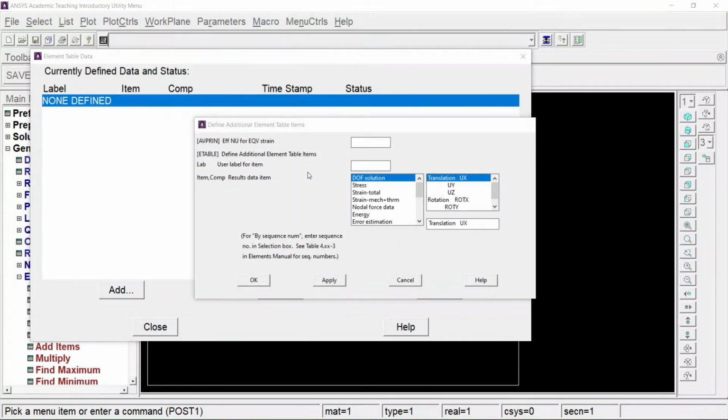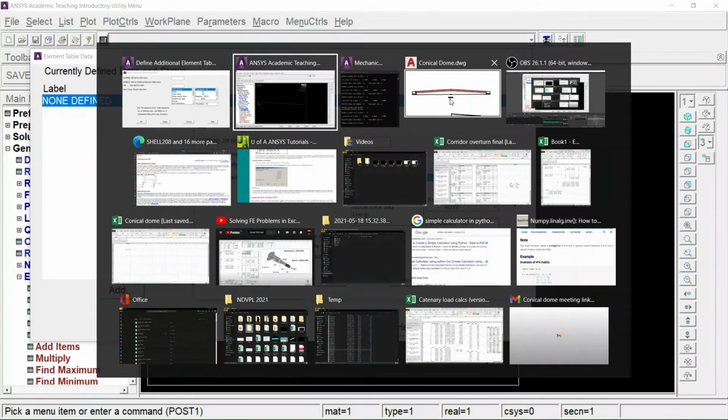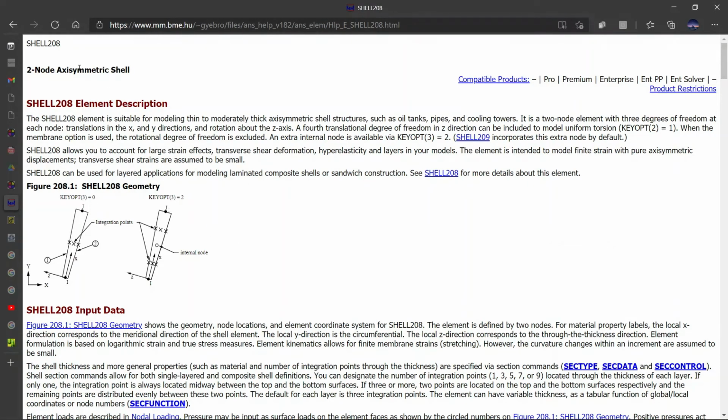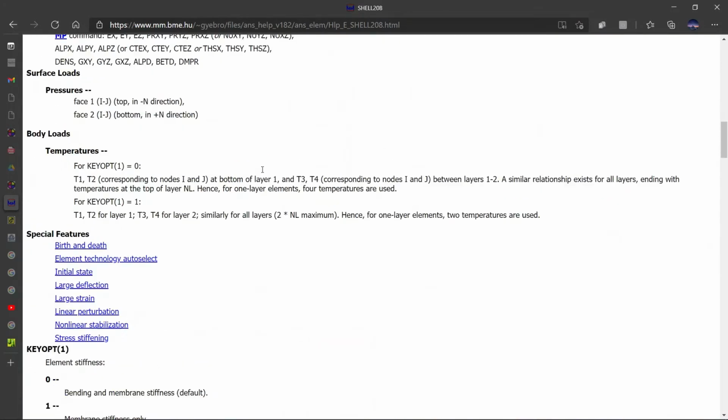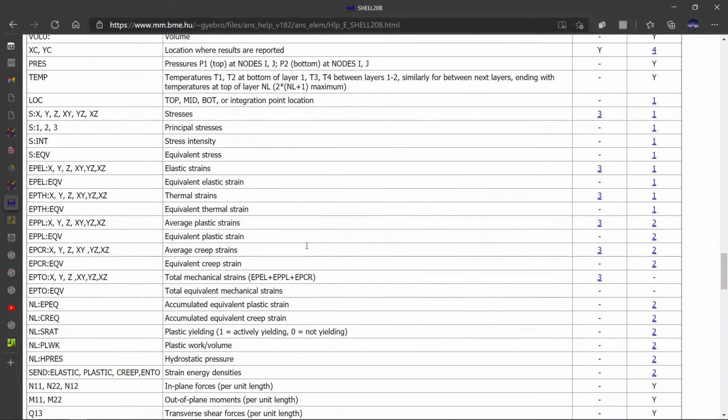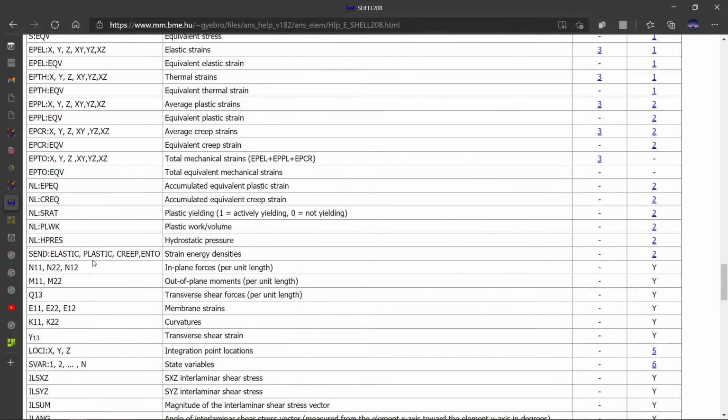We'll also need to check where the data for the moments and the axial stresses has been stored. That can be found from the data for shell 208. You can just google this. It is here. This is N11, in-plane forces.